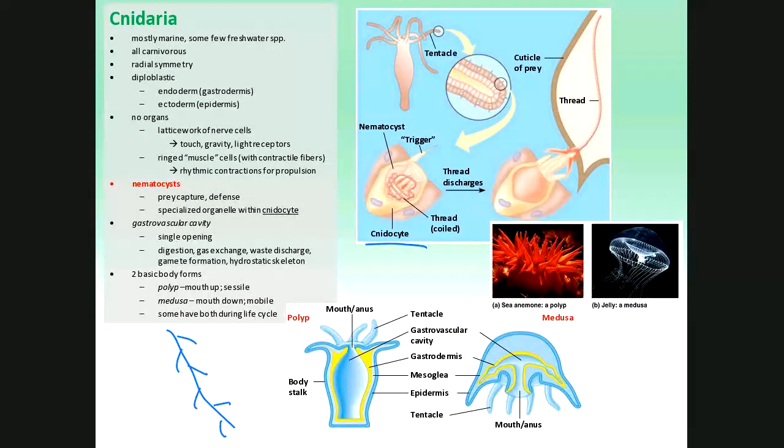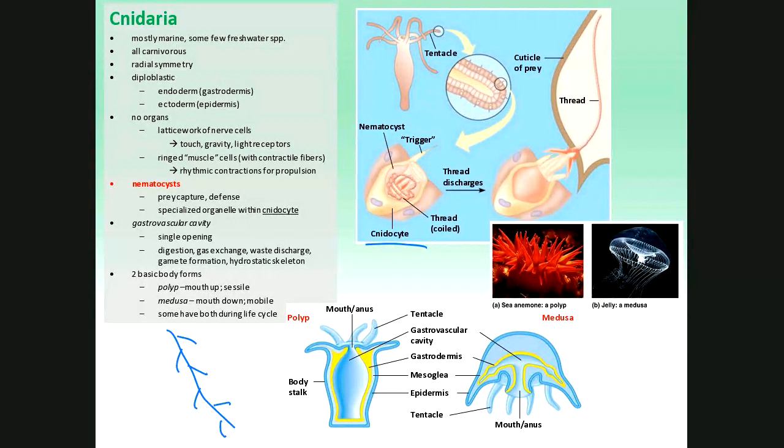Jellies can close their mouth/anus and trap water in their gastrovascular cavity and use it like a hydrostatic skeleton. Remember I mentioned that the other day, a hydrostatic skeleton, like if you put your thumb over the end of a garden hose, you know how the garden hose would stiffen up. So they could use that to form and change shape. So they trap water in their gastrovascular cavity, close up the mouth/anus and increase the pressure, and they could change their shape if they needed to.